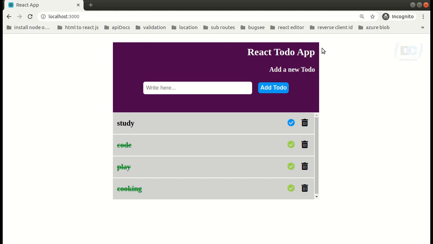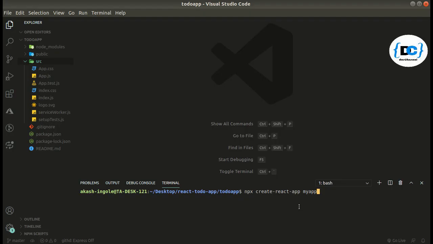So let's get started. Friends, I have already set up my React project, and what you can do, you can simply run this command npx create-react-app and the name of your app, like I have to-do-app. You can also give any name that you want to. I have done this because it takes time and I didn't want you to see that. So it's simple, you just have to run this command. Cool. Now let's quickly make the directory structure.